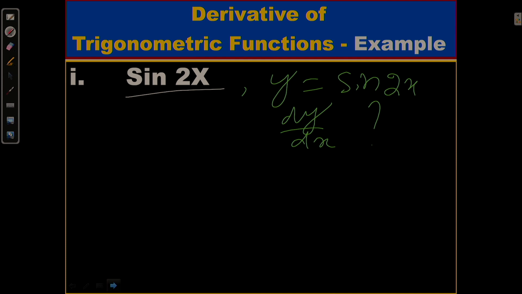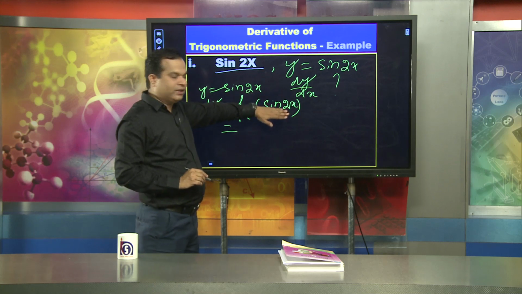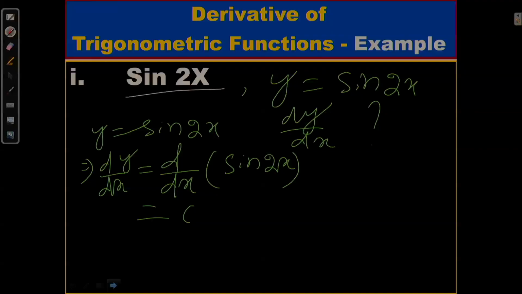Very simply, suppose y equal to sin 2x, I can write d of dx of y, that is dy by dx, which is equal to d of dx of sin 2x, and we find the derivative of sin 2x, which is equal to cos 2x,